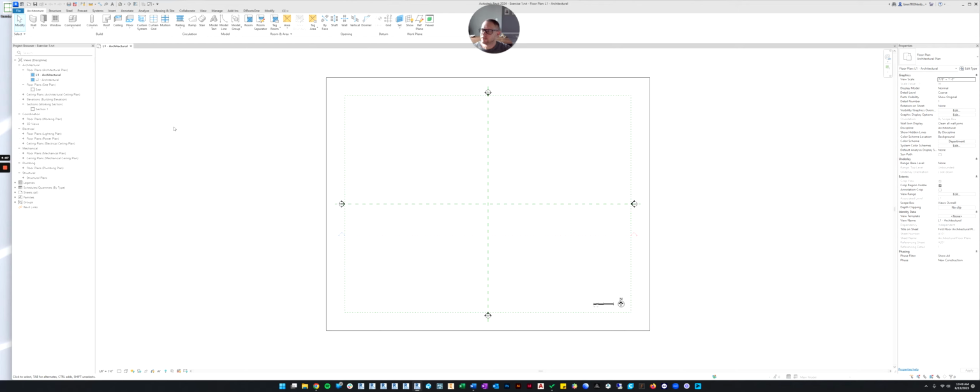All right, cool. So by default, it opens us up to, if I look over here in my project browser, you can see I'm under the view category, under floor plans, and it's L1. So it's opened up the level 1 floor plan. And these can be named anything. If I right click here, I can rename it. If you don't like how it says L1 and you want to write out level 1, you can do that. Or in residential architecture, it's more common, instead of writing level 1, we call it main floor, second floor, third floor, or basement if it's below that, right? So you can rename the views however you want, but by default, it's just going to open you up to this floor plan on level 1.